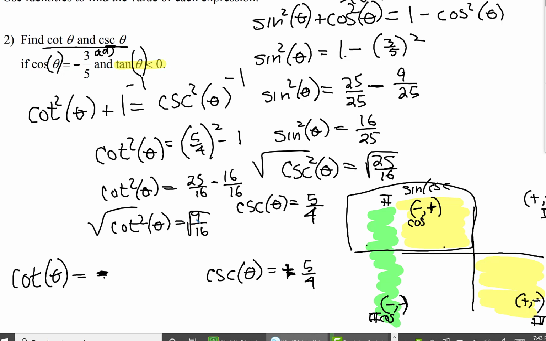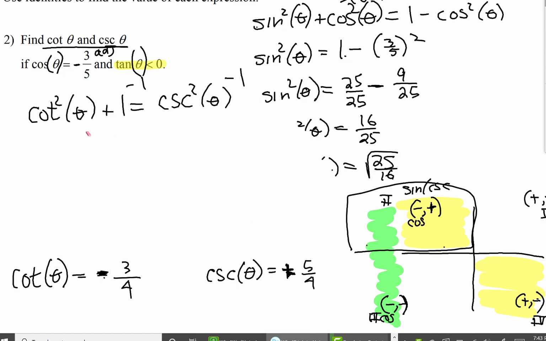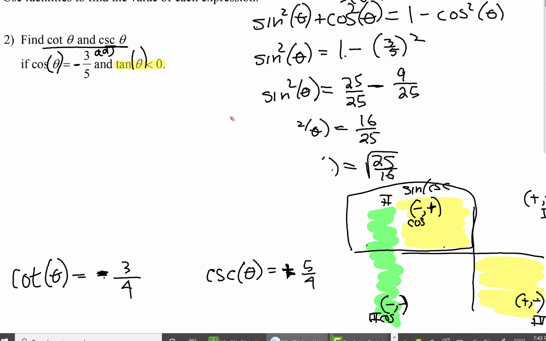So cotangent theta, the negative version of 9 is negative 3, so negative 3/4. If you didn't want to do the whole second version, I'm going to show you what you could do instead. As long as you show me one complete